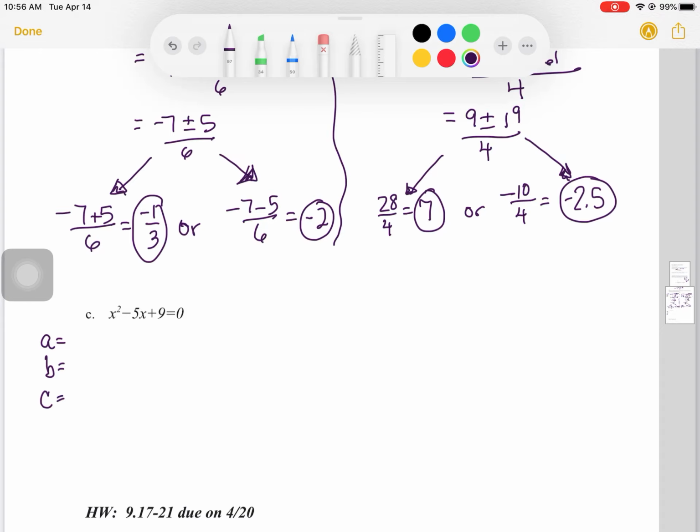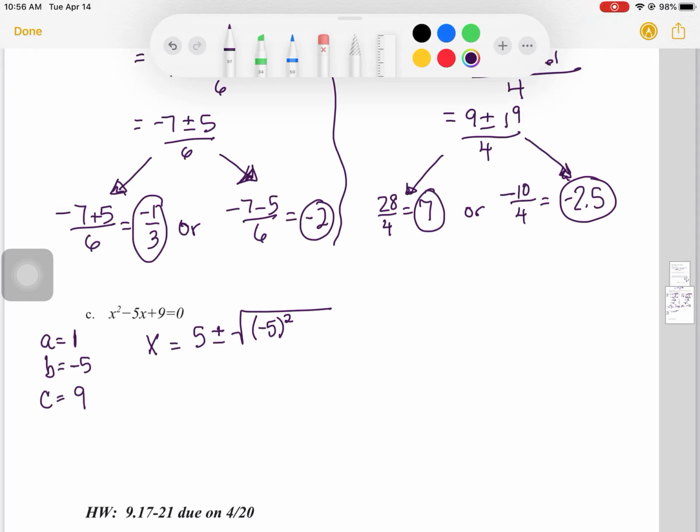So we've got A, B, and C. In this situation, notice there is no coefficient of x squared. That means A is simply 1, B is -5, C is 9. So I start out plugging everything into the formula. So x equals the opposite of B. Again, B is negative, so that'll be positive. Plus or minus the square root of